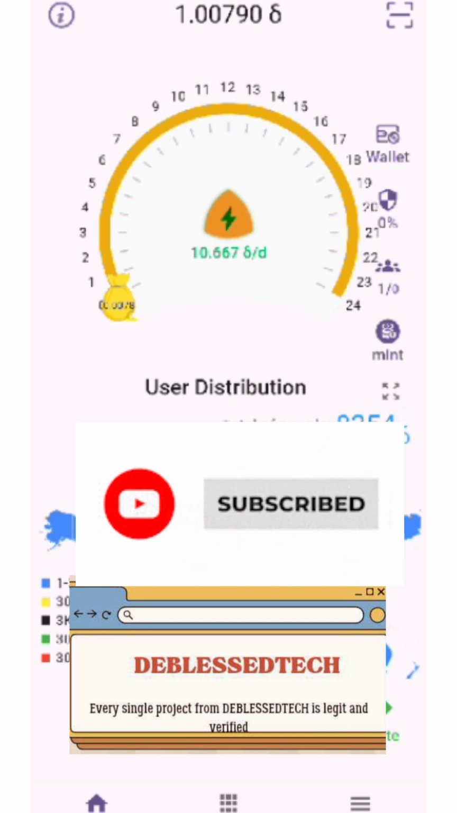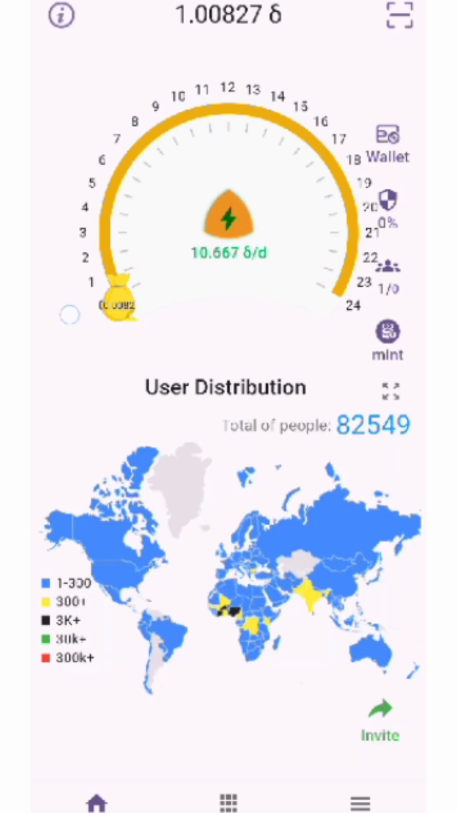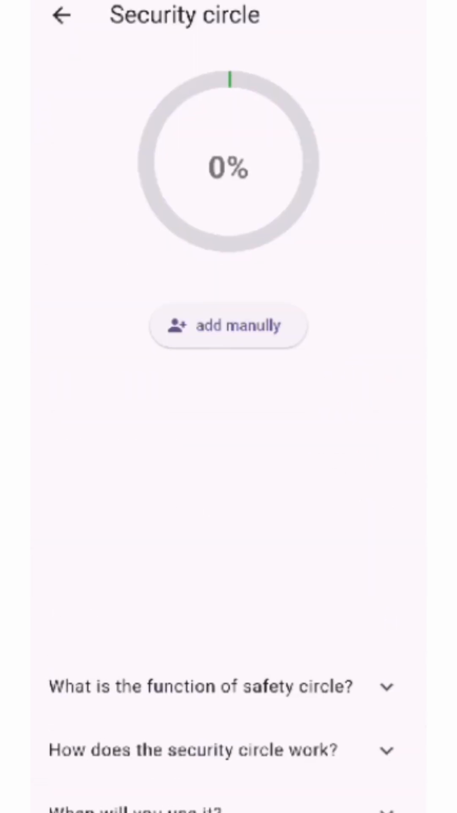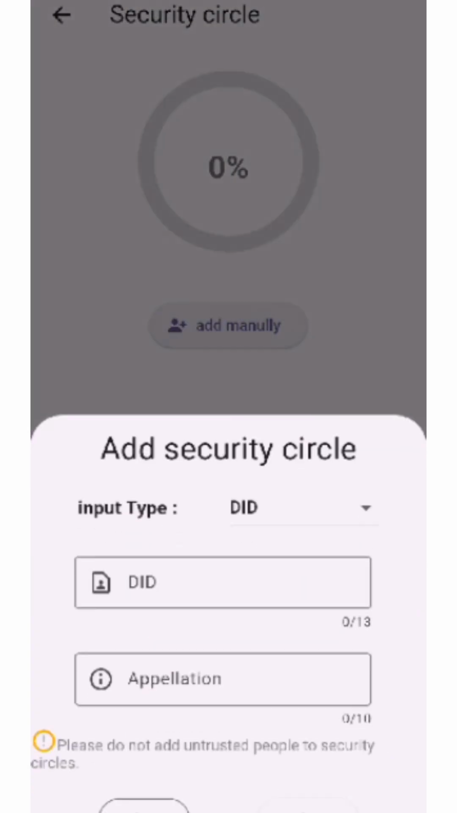Then for you to get more points, there are ways to get security circle points, because a lot of people are not getting these points. So you go to your profile area, then you see security circle. You enter the UID of the person that referred you, or you add them manually to the platform. Then you add the person